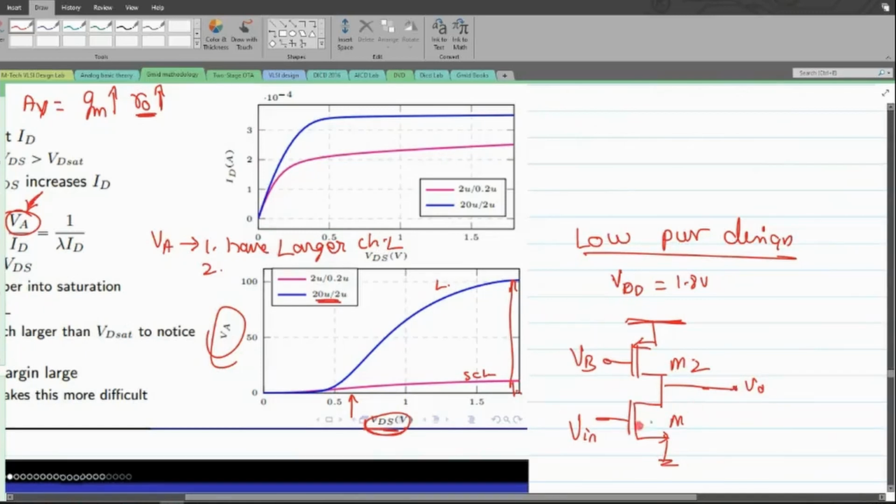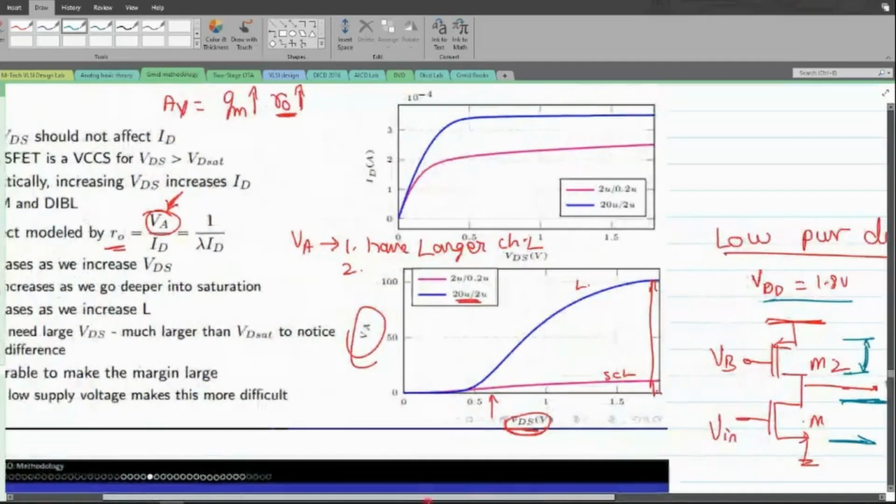So to have a large VA out of the transistor, as I said, we have to have a larger potential across the drain and source, and again a larger value of VDS across the drain and source of our M2, so that both the transistors are giving us a larger VA out of the device. But in turn, we are trying to restrict the amount of swing that I normally get out of the circuit, and this becomes more serious when you operate with a smaller supply voltage like 0.9 volt or 0.8 volt. If you dedicate a large voltage across this VDS, then you end up having a very small swing around this output node. So that is something that you need to consider.